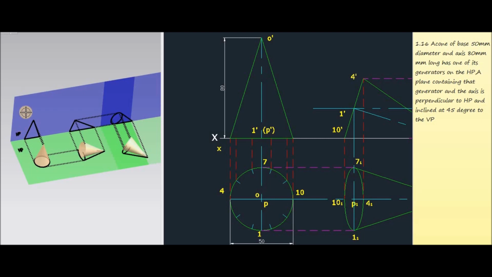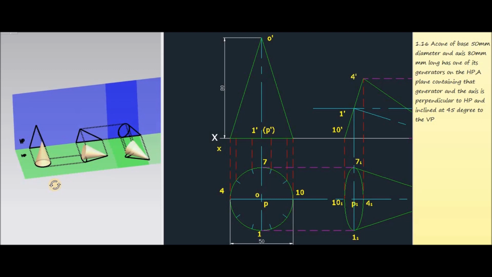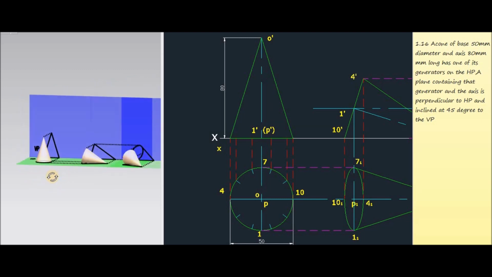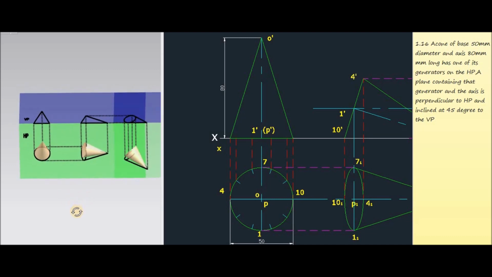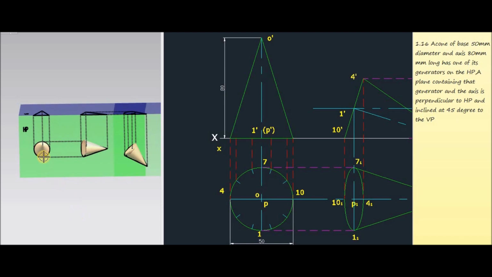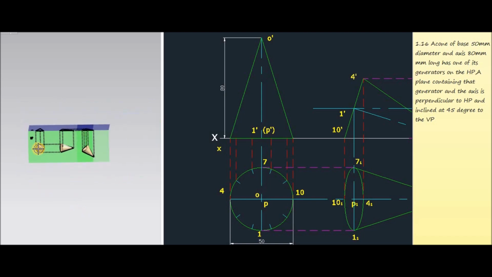Now we have to construct two perpendicular planes, VP and HP, vertical plane and horizontal plane, and it is given that the cone is resting on one of its generators. Then the plane containing the generator and axis makes an angle of 45 degrees to the vertical plane. This is the condition. So first of all, we have to place the cone in this manner,